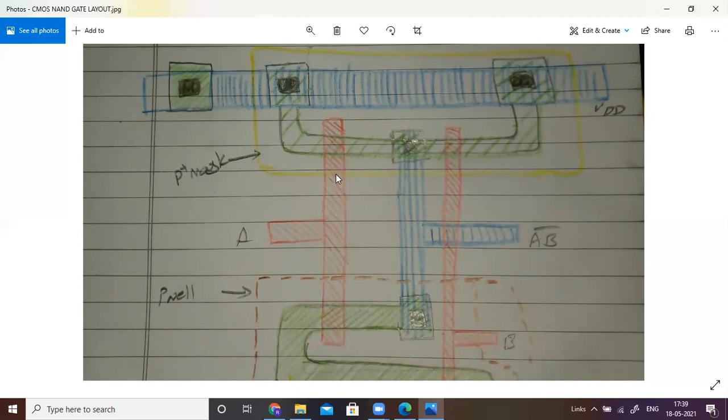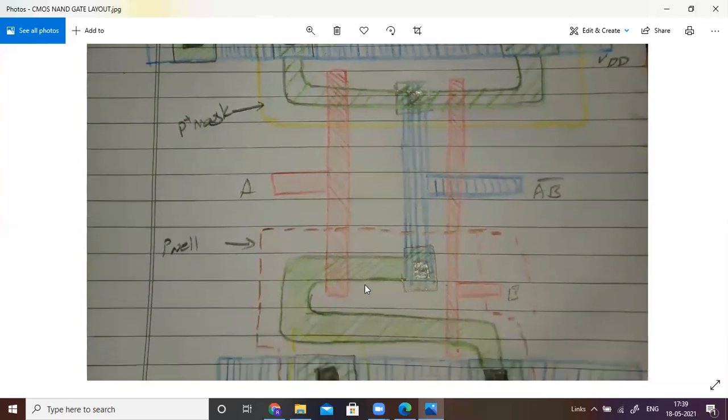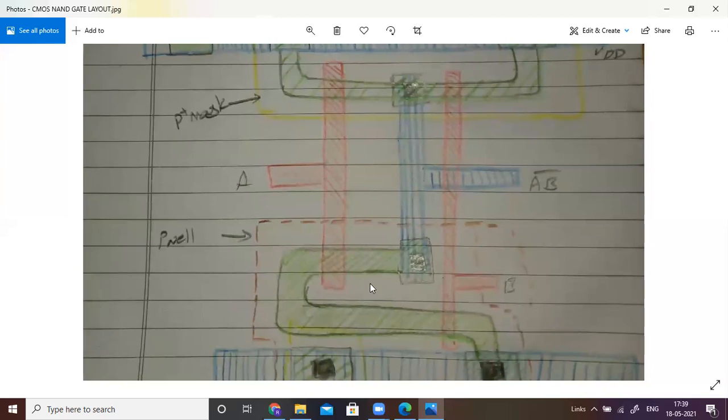Whenever the polysilicon layer crosses the Thinox layer, a transistor is formed. So similarly here also, whenever polysilicon crosses the n-Thinox layer, an n-channel transistor is formed. You can draw like this, and at a time we are constructing 2 transistors. Similarly, you take another polysilicon layer using a red color and draw another layer here,